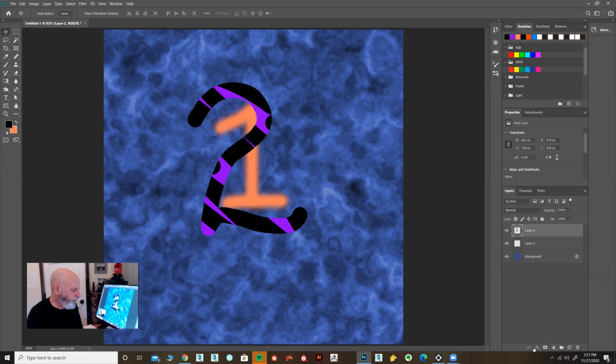Okay, so let's see if I forgot anything. All right, let's look at creating text on the layer. I'm just going to include that because text makes a new layer. It's relatively straightforward because it's very similar to text in Illustrator. So if I take the type tool and just click on my image,